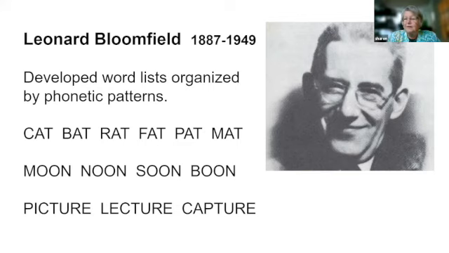Barnhart and Bloomfield had such success with this that they gave this program to a group in New York called a literary society. And these were very educated people, and they used these word lists to teach their own children to read. And that was the first broad use of the list. Well, they figured, you know what, the teachers ought to know this, because the teachers don't know just how simple it could be to teach reading if we just cut it back and made it easier by having them have repetitive sounds until they learned all the short vowel sounds.